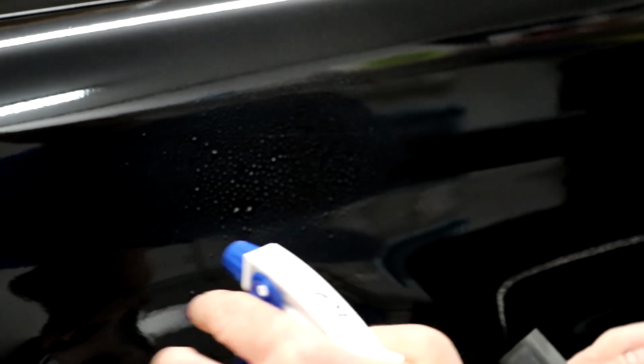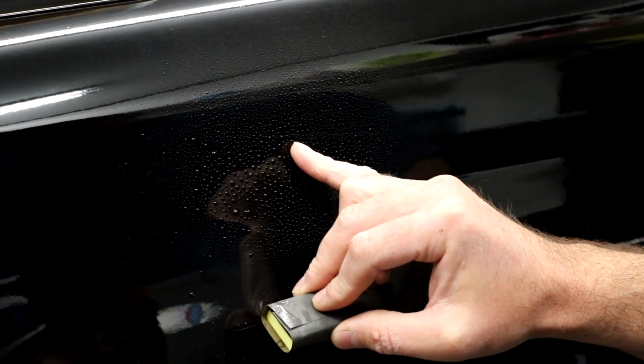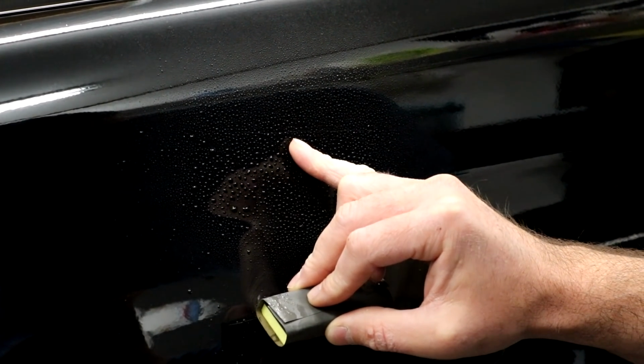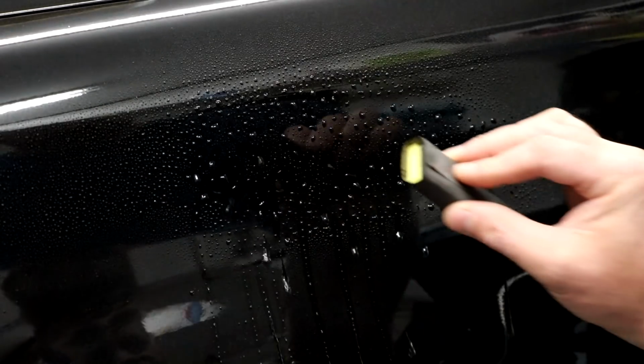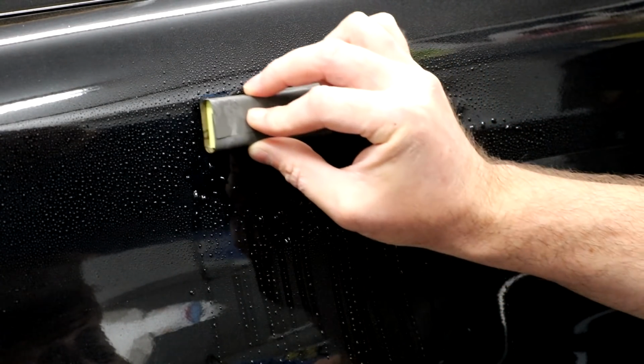I just have water here. So we're going to spray it down. And let me focus on here and lock the focus in. The camera tends to want to jump around a lot with focus, and go in a 45-degree angle,